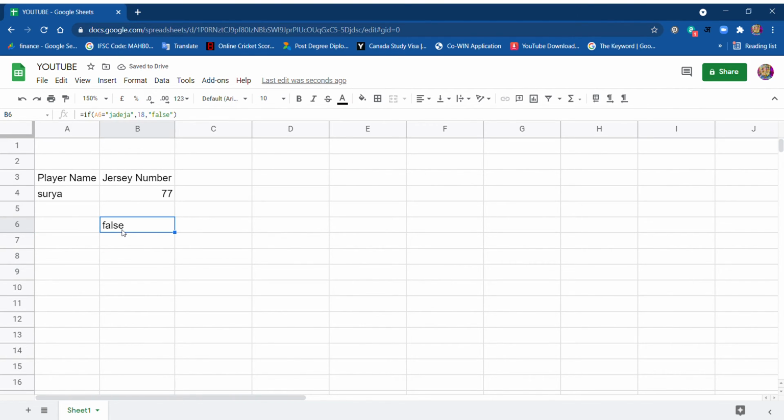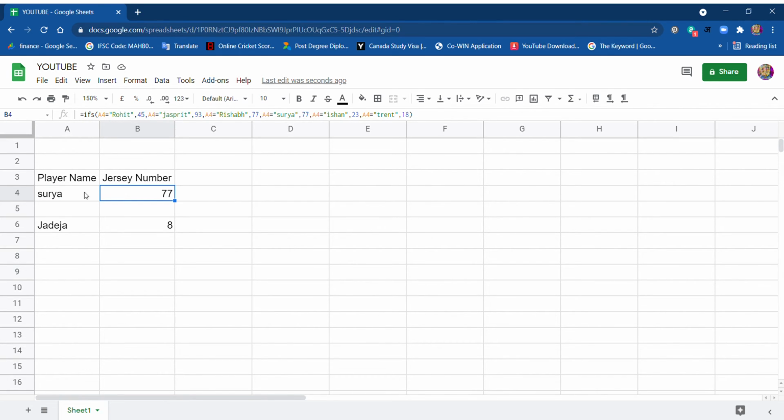Since this cell is blank, it will give me false, but as soon as I enter Jadeja, it will give me 18. This is not actually his jersey number, his actual jersey number is 8, so it will give me 8. So this is how the if function works in Google Sheets.